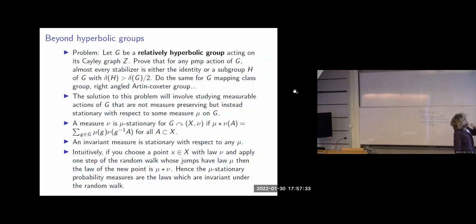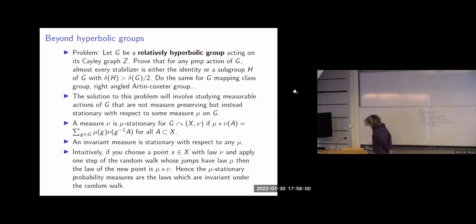So maybe the same result as critical exponent, at least more than half, like the critical exponent of the whole group. Okay, and the approach that I come up to this problem, of course, I haven't carried it out in laboratory reality, is that you can solve this problem